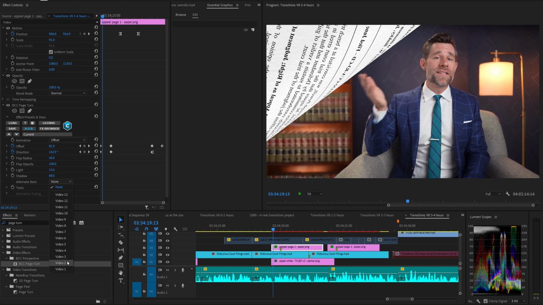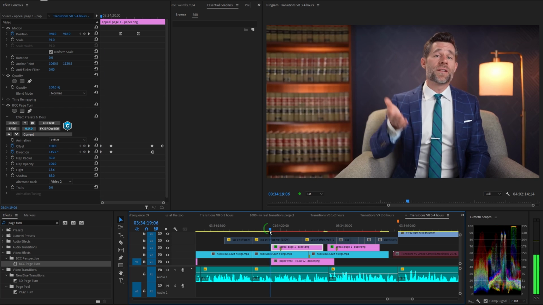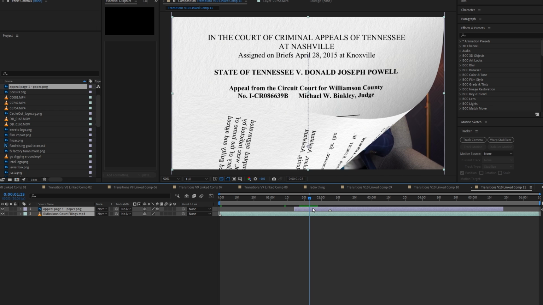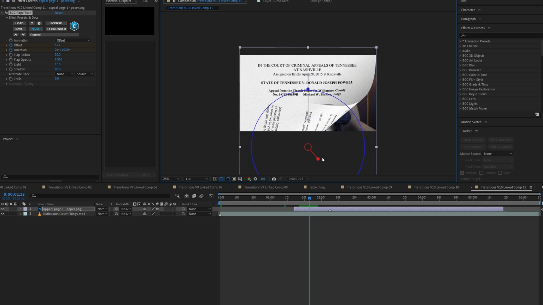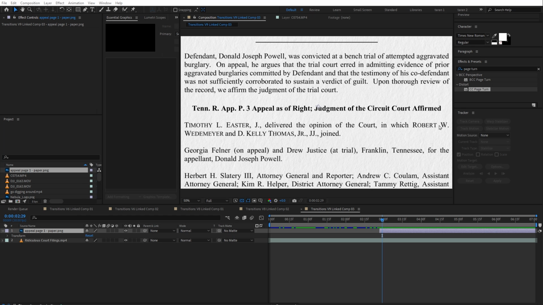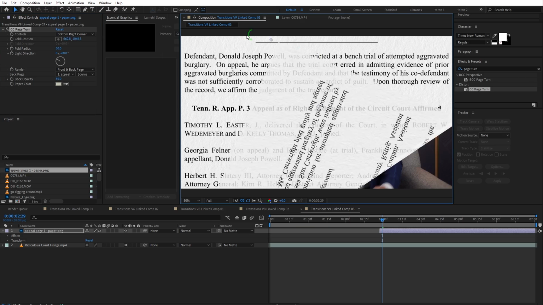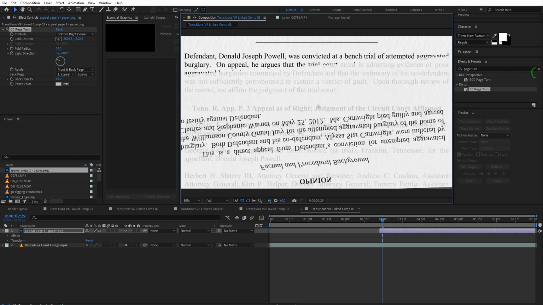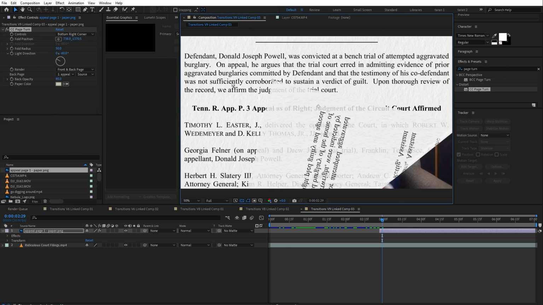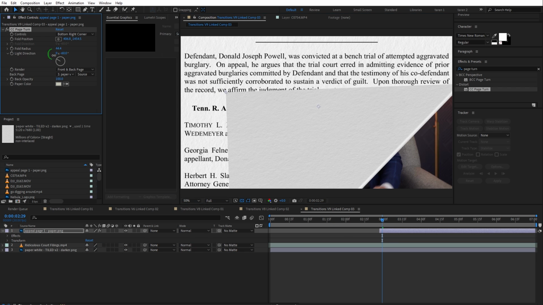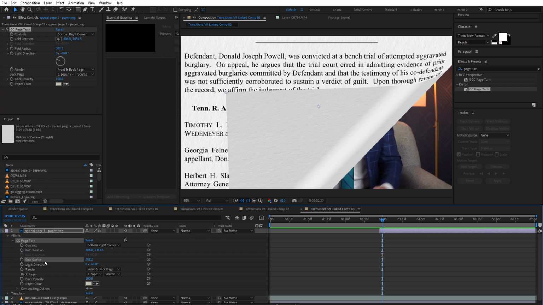Interestingly, you can use any other layer as the alternative back of the page, which I think is really cool. Also, it works inside of After Effects, where it has helpful on-screen controls. That's great. If you don't have that, you can still use After Effects' built-in CC page turn, but it functions in quite a different way. It's based on pulling a specific corner in a specific direction, which is a lot more fiddly,